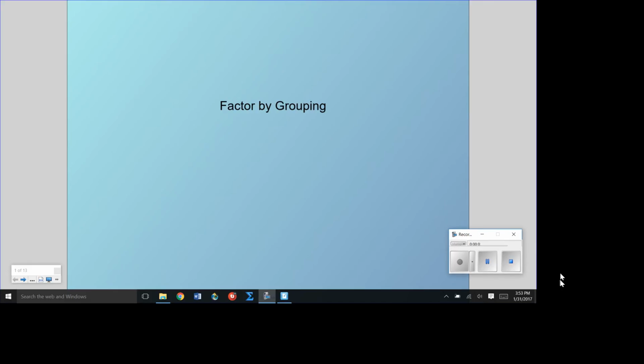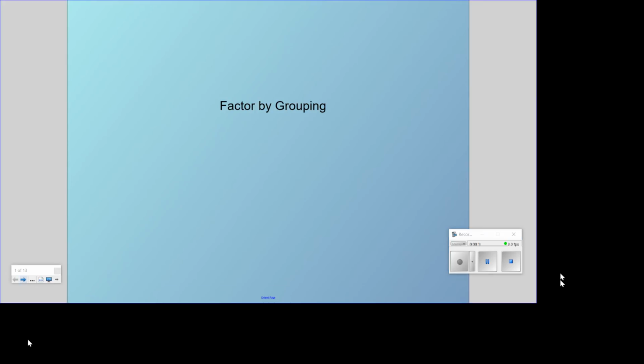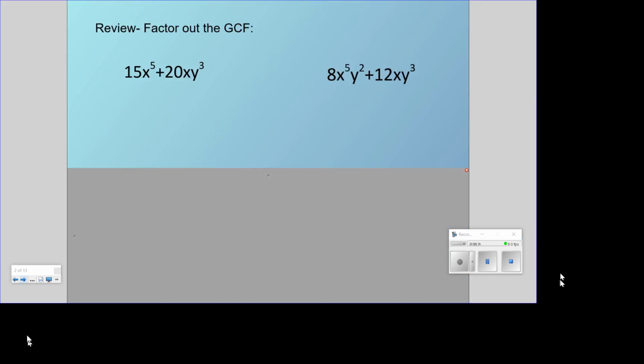In this lesson, we're going to build on to our factoring methods for polynomials. So you now know how to, or have reviewed how to, factor the GCF out of a polynomial. Today, we're going to look at factoring by the grouping method. So let's just review factoring out the GCF, because factoring by grouping will use factoring out of GCFs in the